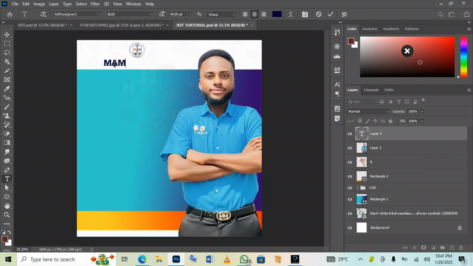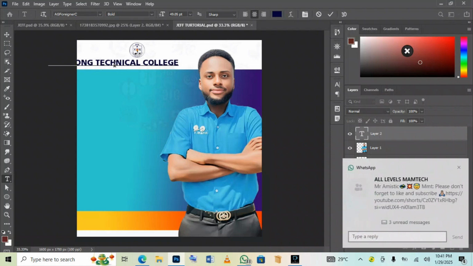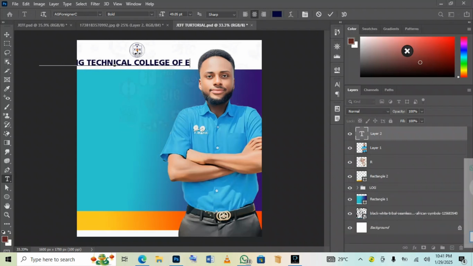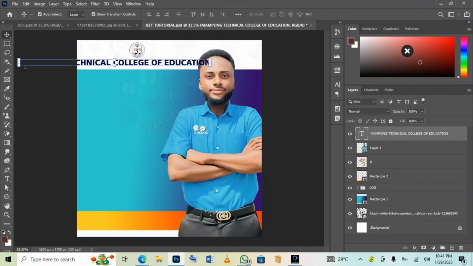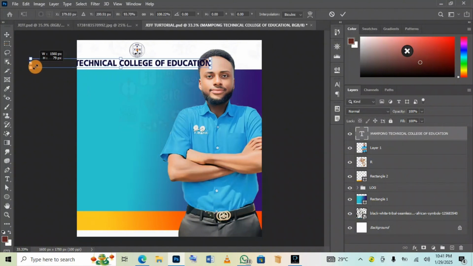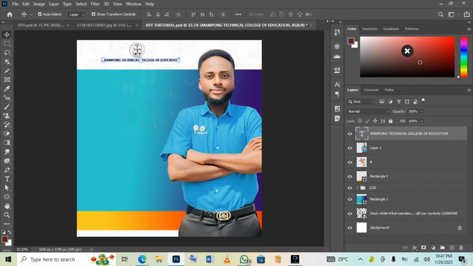So it is Mampong Technical College of Education. Technical College of Education. What you will do is we will reduce the size by holding shift. We will drag it to this side, then fix it under that. Then we put the move tool on it, hold Alt, drag it down to duplicate,